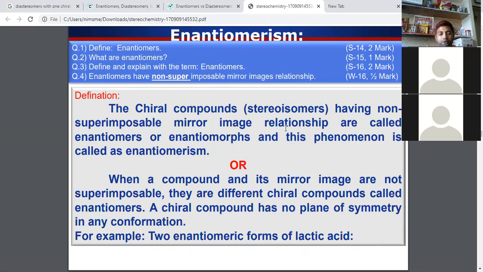Robin, what do you understand by superimposable? When the angle between them is 0, sir. No. Superimposable. Am I visible when placed on? Am I visible to you? Yes, sir. See, this is superimposable.